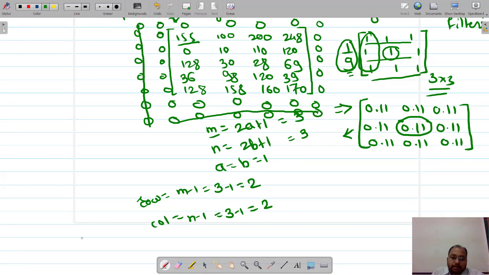So let us say g of 11. Instead of writing f, now let us write g of 11. Let us call this the first element, or else we can call this the 0th row, 0th column. So g of 00, we are going to calculate as 155 into 0.11 plus,